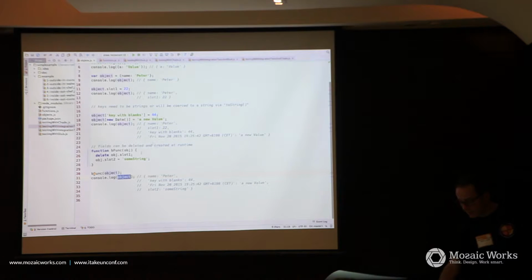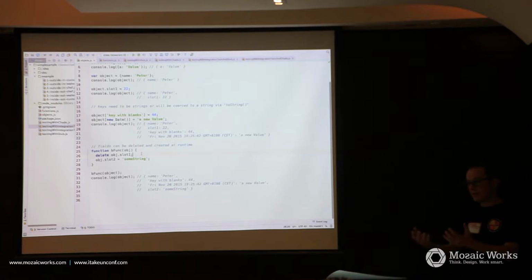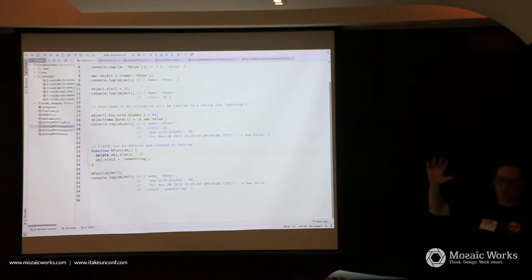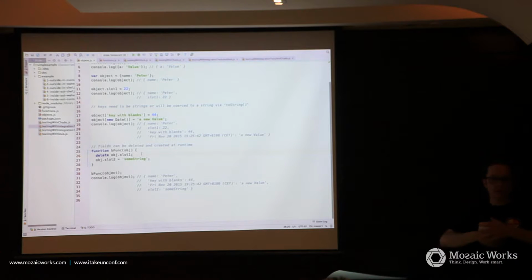But the delete, in the beginning, when I was first dealing with JavaScript, it was like, oops, I wouldn't have expected that. So this is the thing what we mean with you can replace it by script. Everything what's in the object, once it was created, you cannot rely that once you get it, it's still in. Something in the code could change your object in a completely unexpected way.